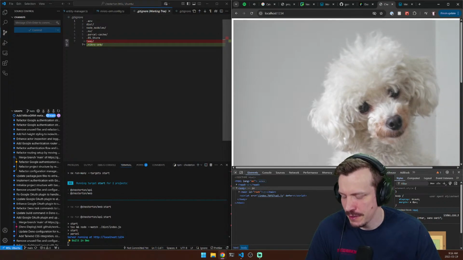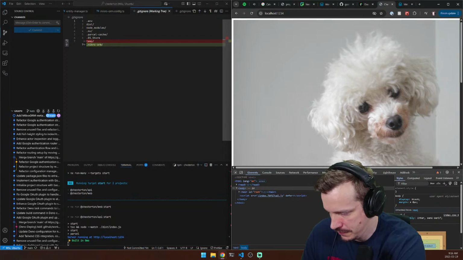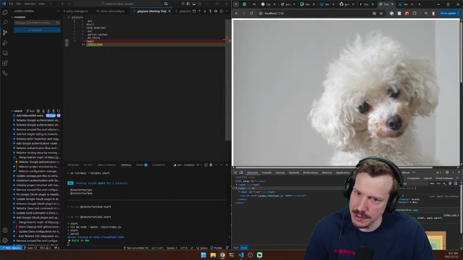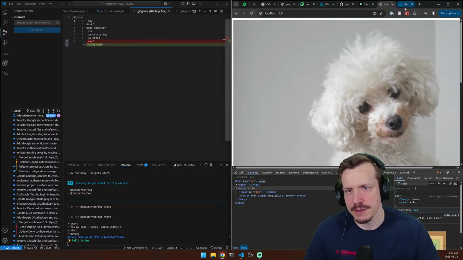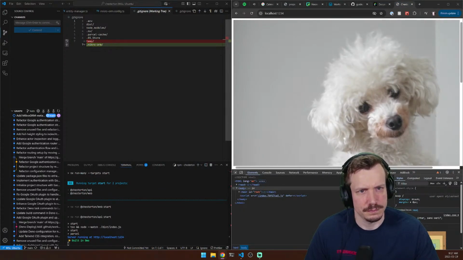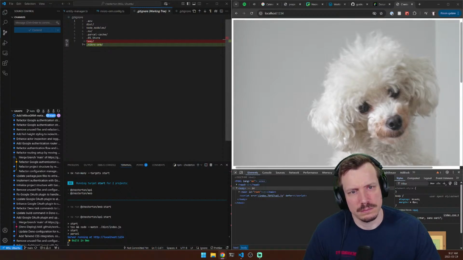Okay, so what's next? I guess we've got the ability to sign up, and then you go to the dashboard, and the dashboard should set you up with Stripe for now. So we'll do that next. I will be back